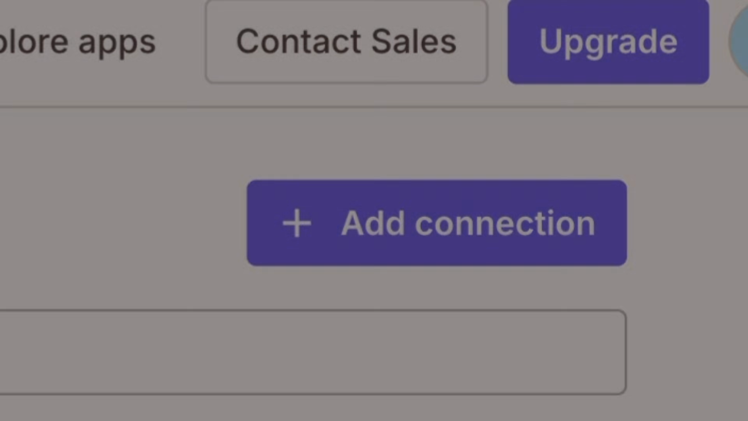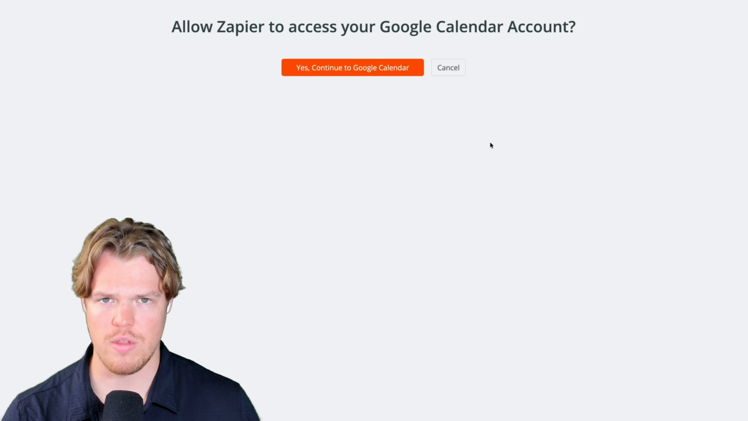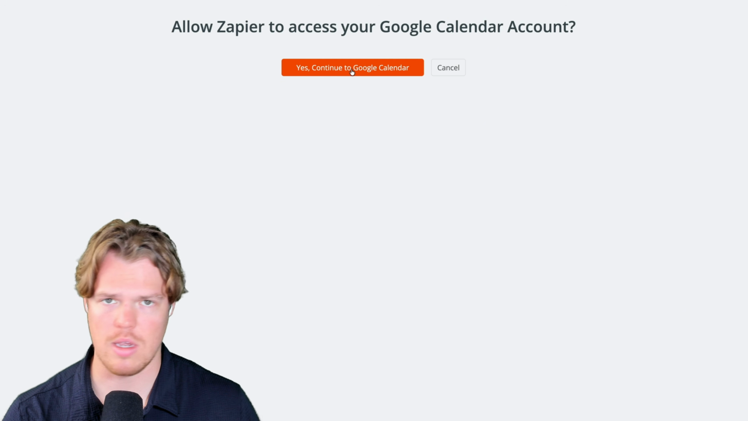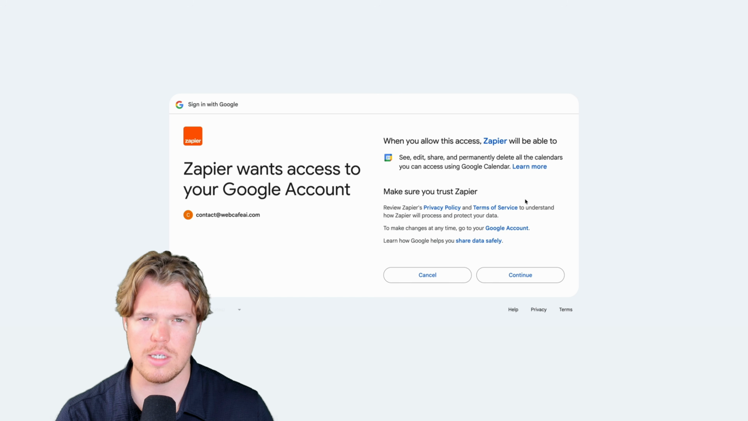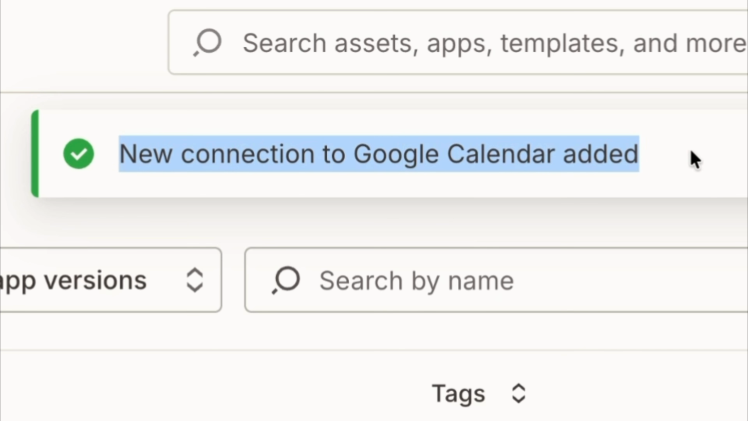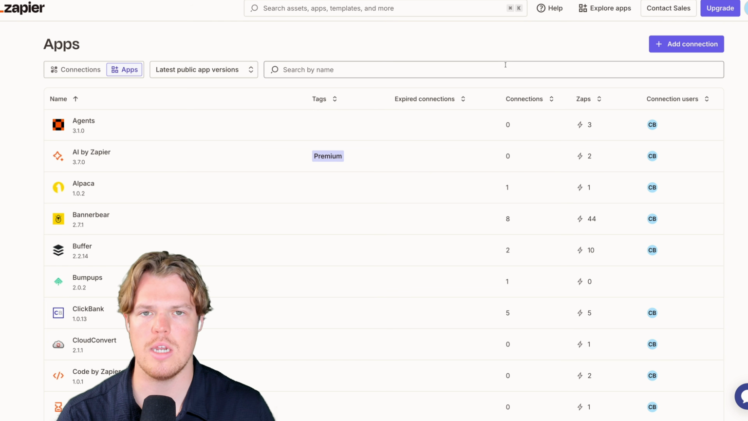So I'm going to say add new connection, Google Calendar, add connection. You are then going to click this very easy button and then connect to your relevant Google account. We're going to continue. And then there you go. New connection to Google Calendar added. So let's go ahead and actually integrate Zapier's